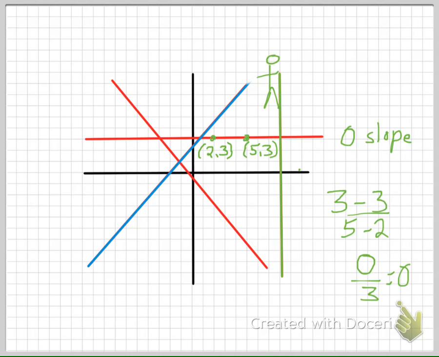What about this line? What about the slope of this line? It has no run, so there's no slope. Okay. Now, this is a really unique one, okay? When you have a vertical line, it's not a 0 slope